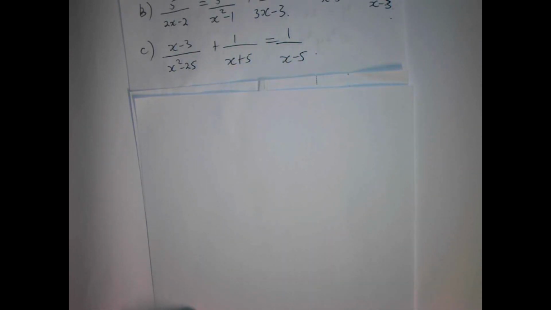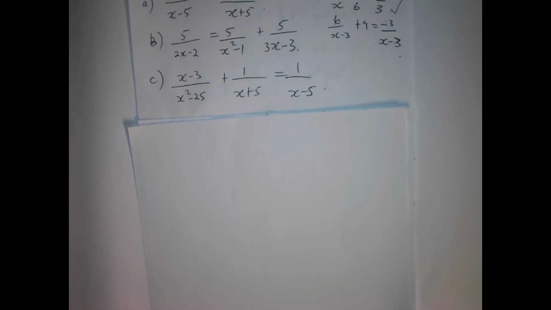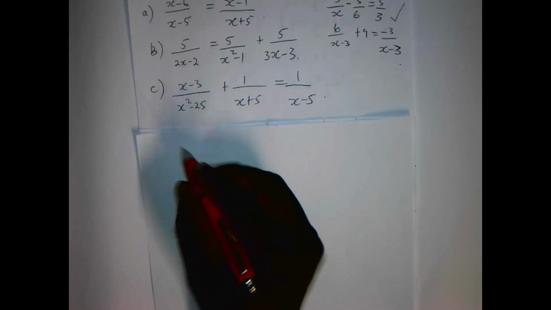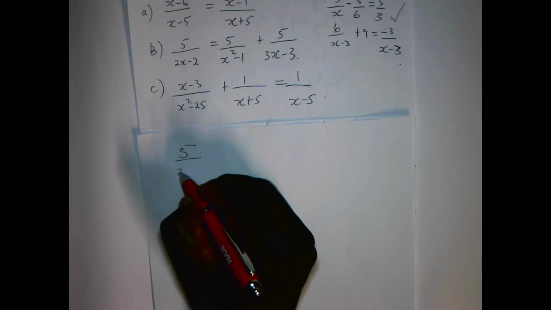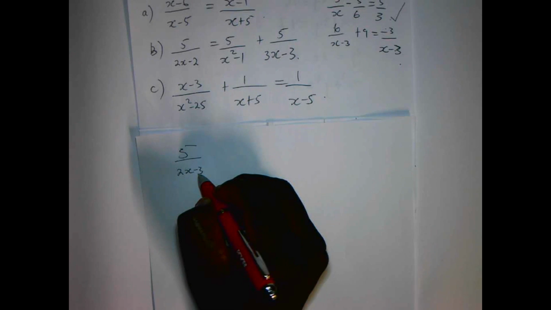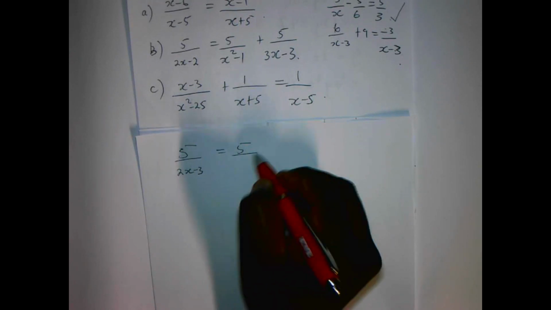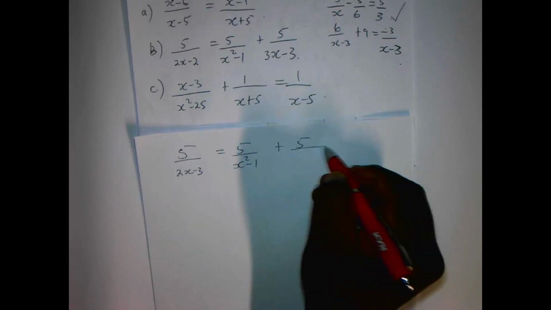Part B, I think there is something that we are going to illustrate there in part B. You can see, let me put my paper. So what do we have? We have 5 over 2x minus 3 is equal to 5 over x squared minus 1 plus 5 over